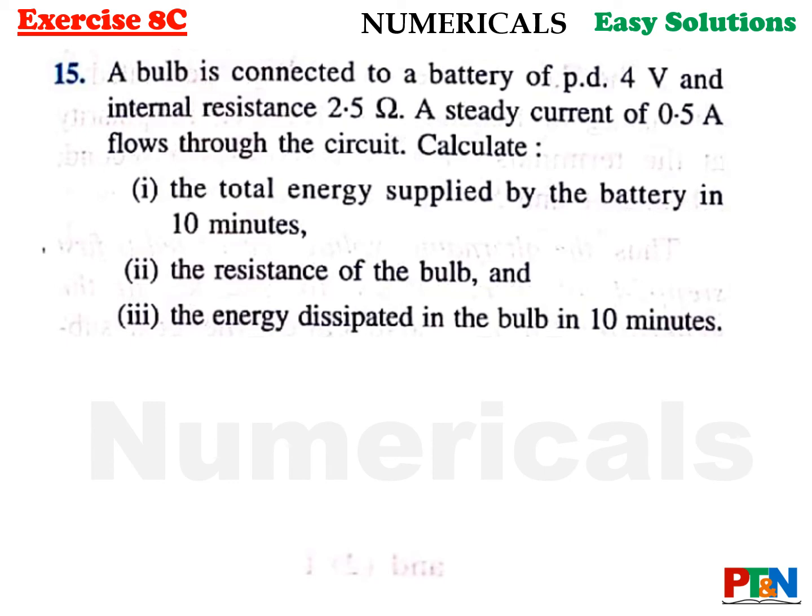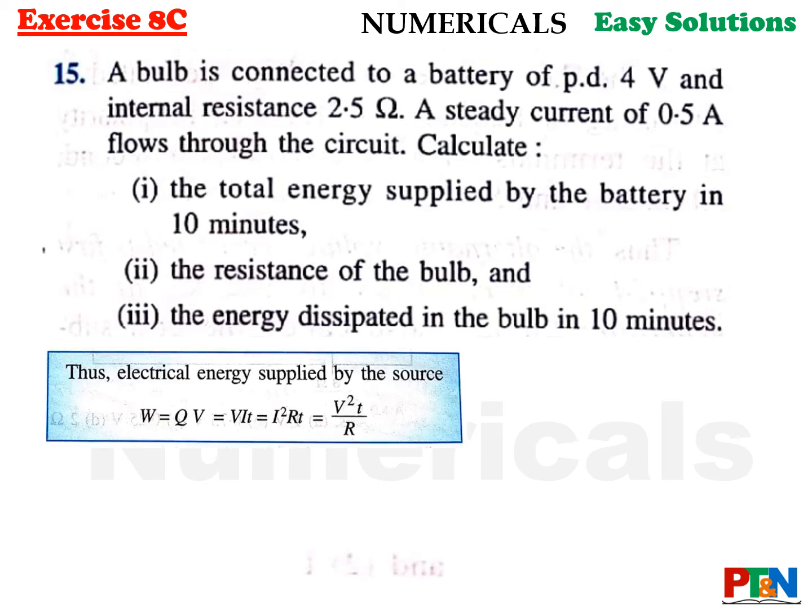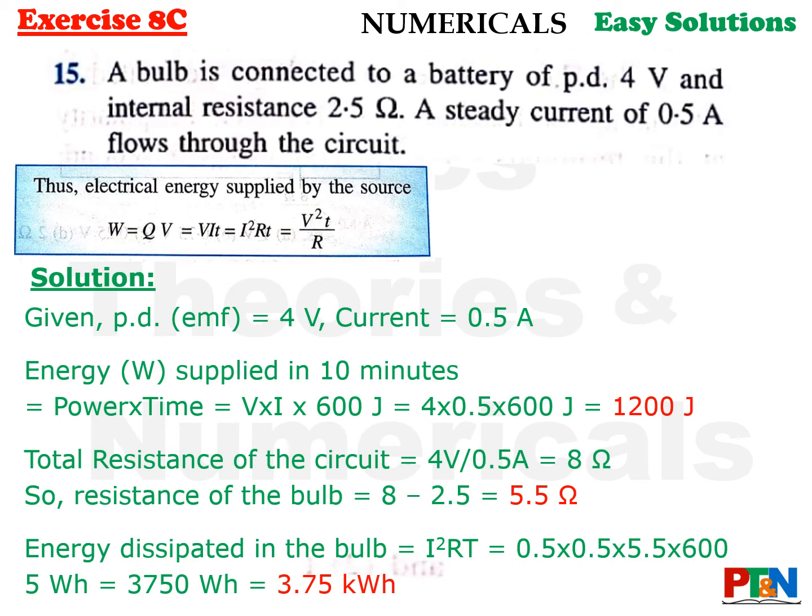Okay, let's see. This is the formula that we will be using. The solution is: voltage has been given, current has been given. So energy supplied in 10 minutes is power into time, that is voltage into current into time. Put the values, calculate. It is